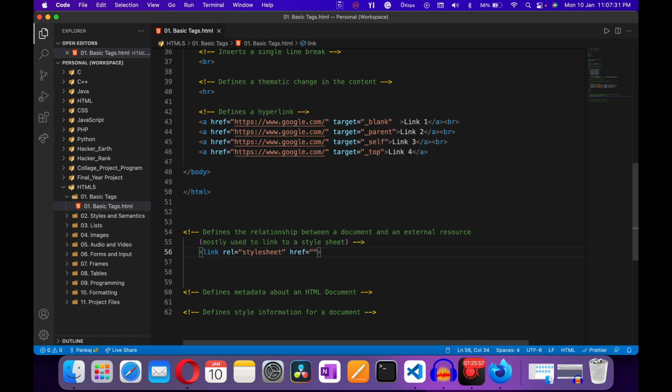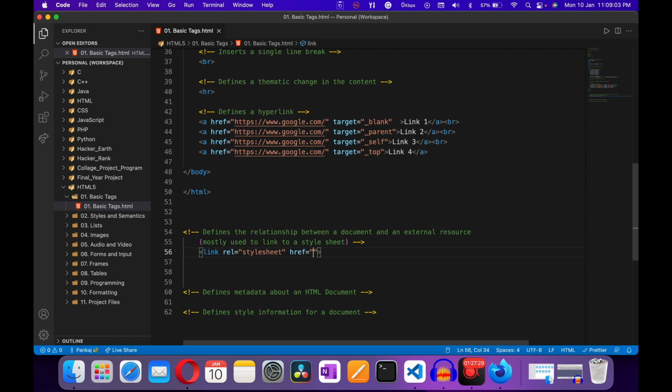So guys, don't worry, I will tell you everything about CSS from basic to advanced in my upcoming videos. So in this video we are going to talk about link tag. Basically link tag works as a connector between your HTML document and your external files. As an example, I will connect an external style sheet into your HTML document.